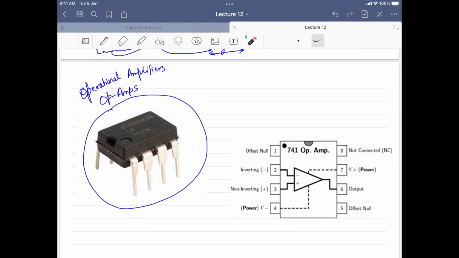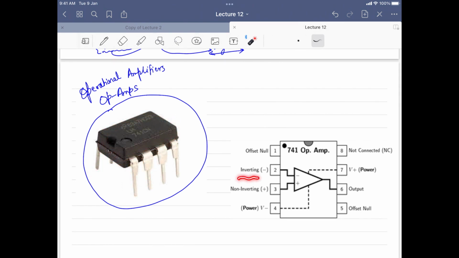If you want to see the layout of the internal details of this black box, it's like this. Here you can see we have this notch, a black spot. This black spot corresponds to this black spot here, and corresponding to this you have the lead terminal coming out. You will apply your electrical signals to these nodes, which are the conducting wires coming out of this integrated black box chip.